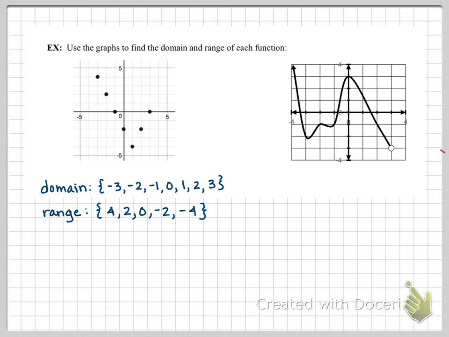Now with a continuous graph, we're going to use interval notation to describe our domain and range. The key to this is to remember that you want to think of them separately. So you want to think of all the x values, so you're only looking left to right. And then you want to think of all the y values, so you're only looking up and down. So if we look at the x values accounted for by this curve to find our domain,